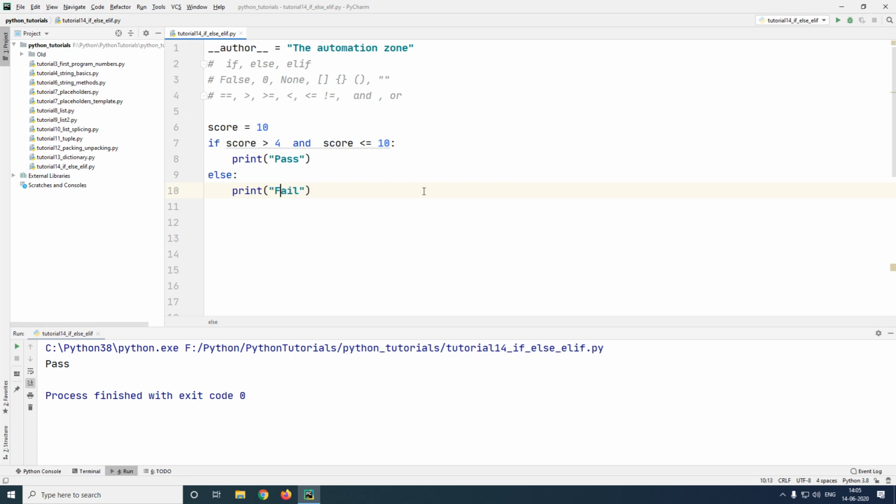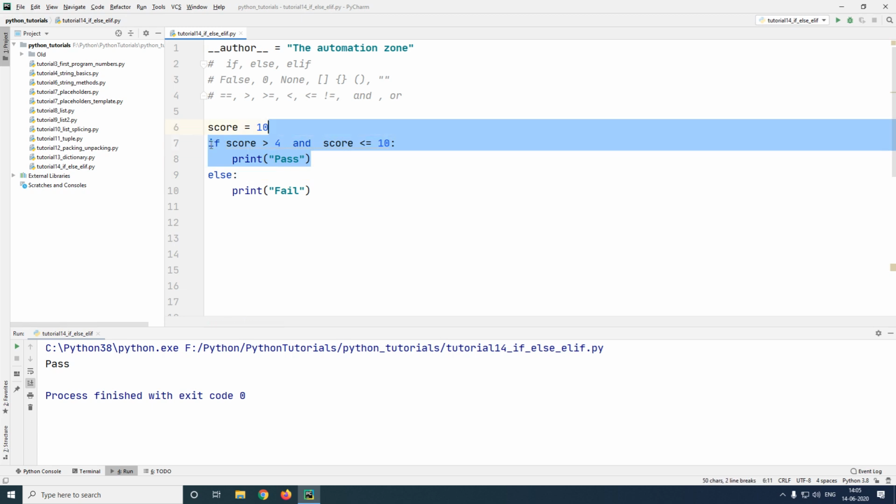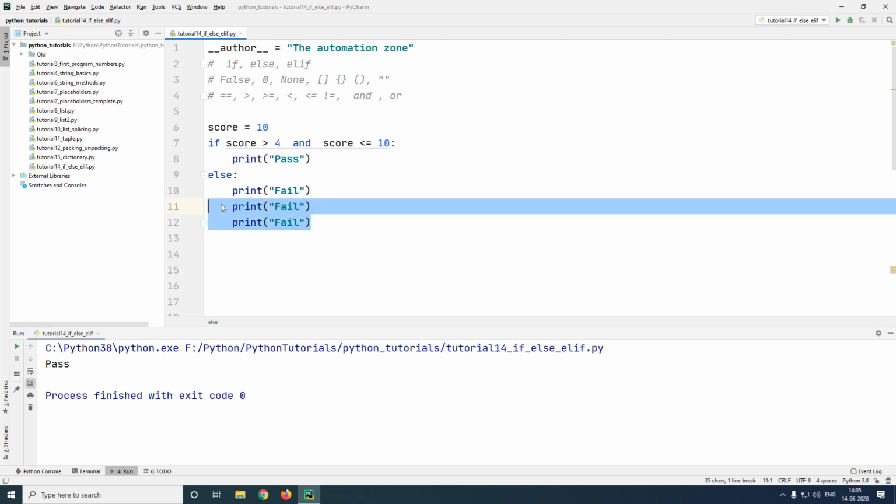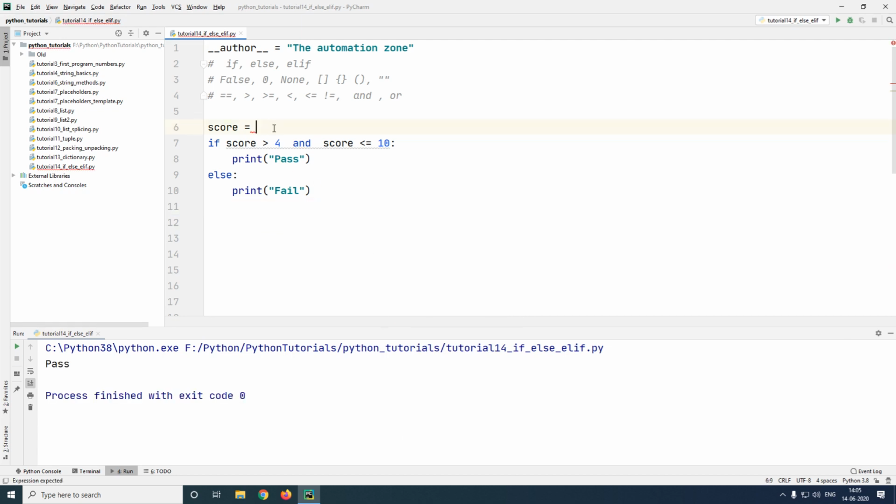Now, if the if statement is successful, we are going to print out the block of code inside of the if statement. But if this piece of code holds false, it is going to enter the else and print the block of code inside of your else statement. Now, just as your if, you can have one line or multiple lines, just as long they follow the same indentation. Let me now run this program. You can see the value is pass. But if I give a number like 3, you shall see you get the output as fail.